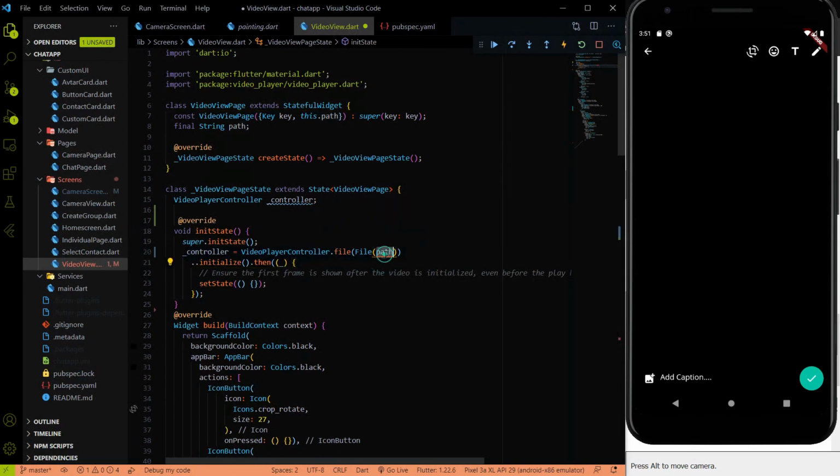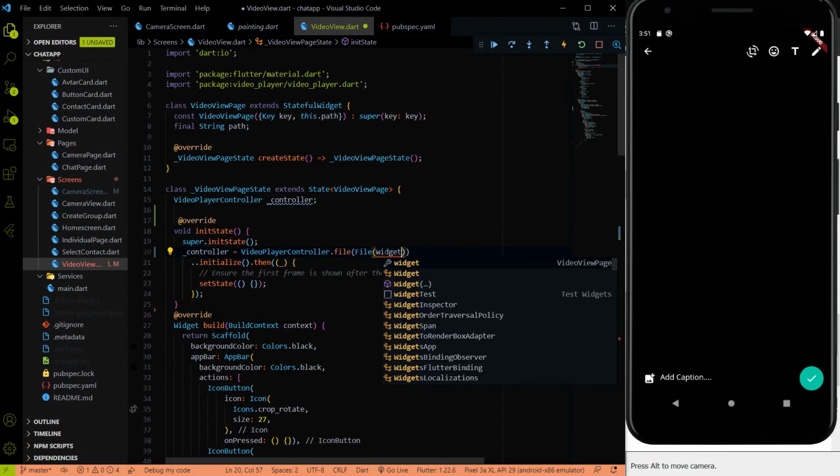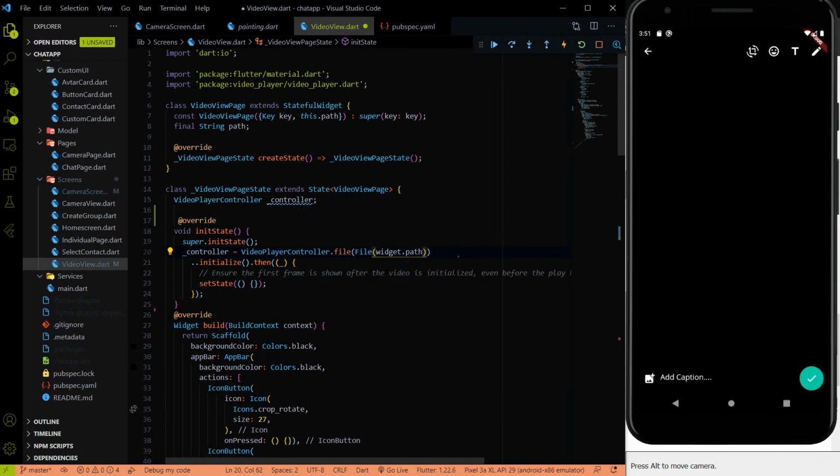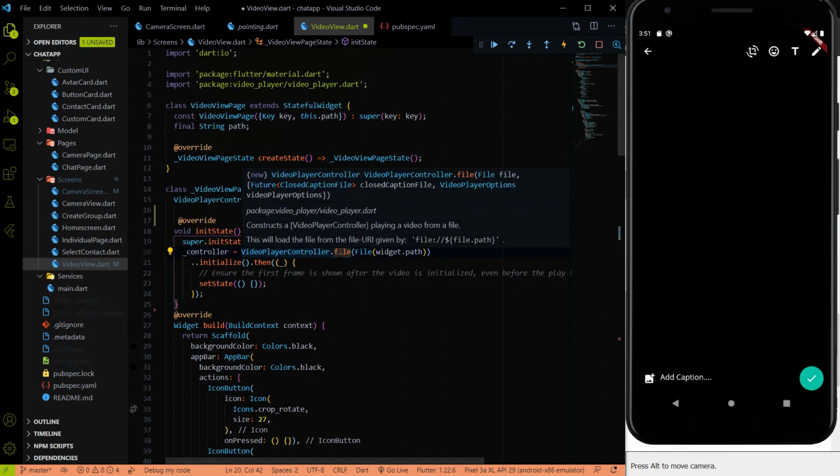Here we have to use widget because it is a stateful widget, and with the help of the widget parameter only we can get access of the path which we are getting. And now we initialize the controller. Here we initialize the controller with the help of VideoPlayerController.file, because our video is stored in a file.